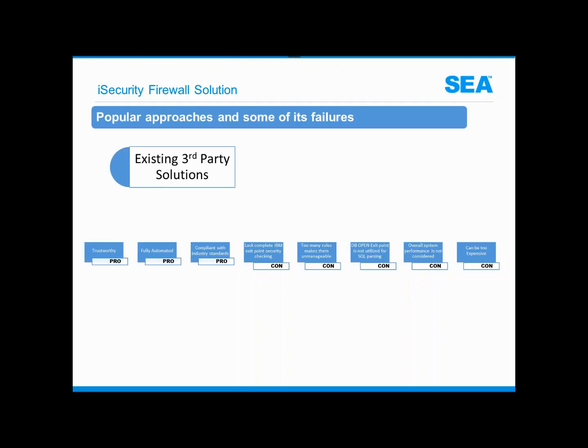We find that many third-party solutions require more DASD and CPU utilization as a result, which can be too expensive,